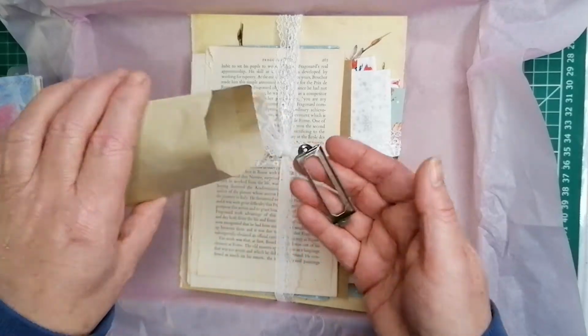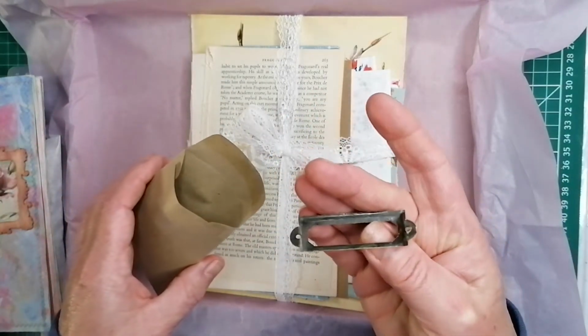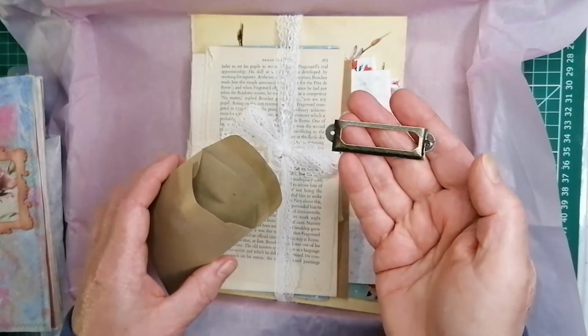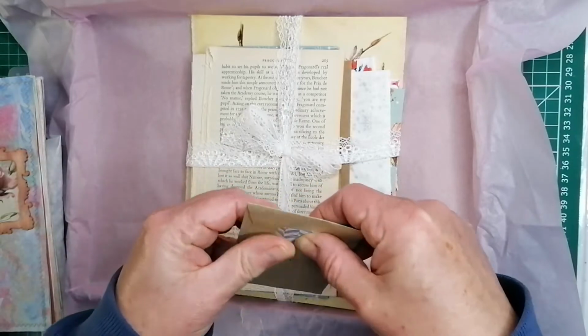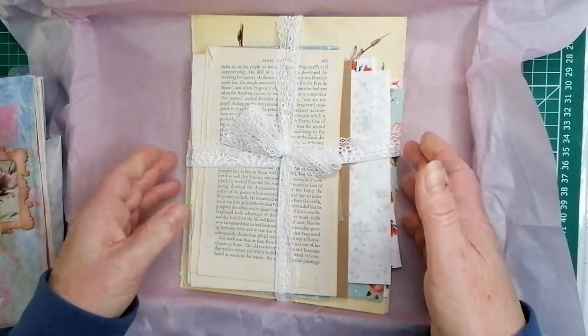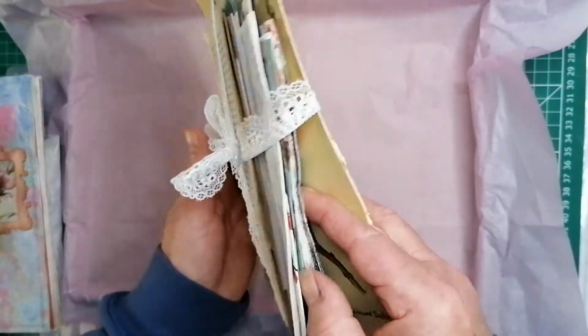So you can make a decision on the other journals as to whether you want to add a little topper. I've put in a metal book plate. These are dead easy, just stick them down, or if you've got some brads. I haven't got enough brads. I was going to put brads in, but I haven't got enough to make up the sets for all of the journals. And then here we've got some Edith Holden paper,